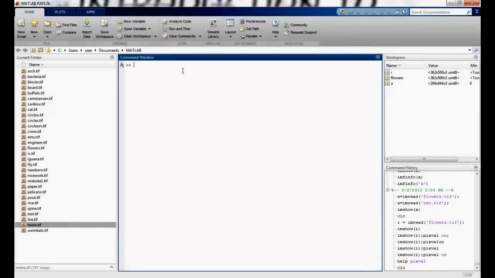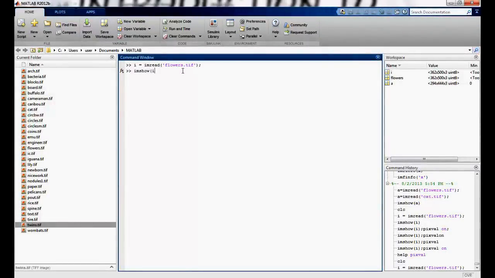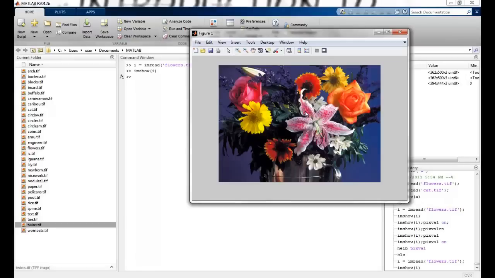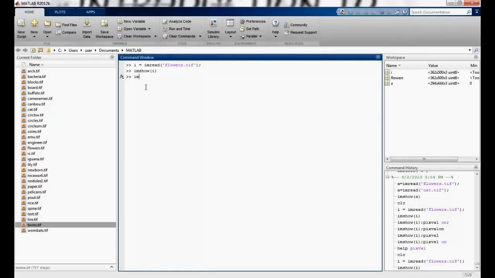I say I is equal to imread of the same file, flowers.tiff, and I say imshow I. So you can see that this image is displayed here. Now I can say pixel info.